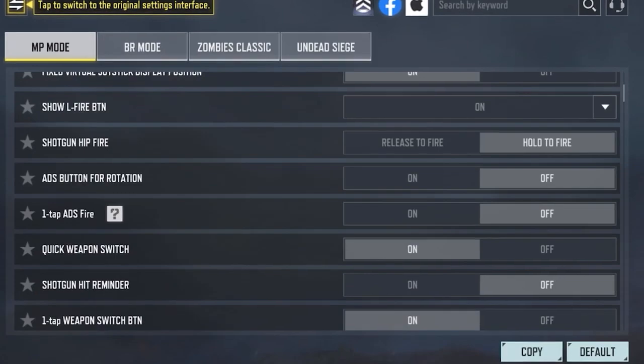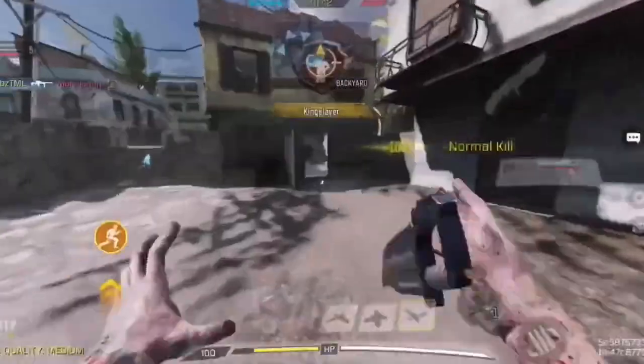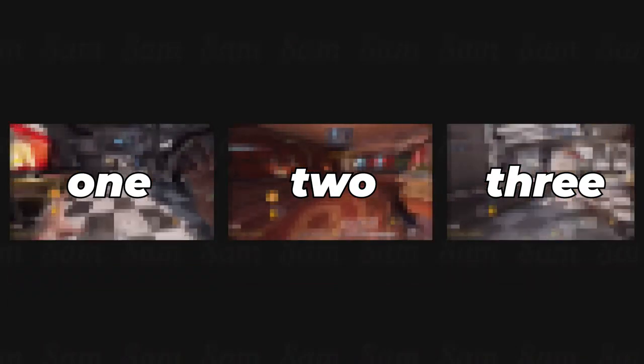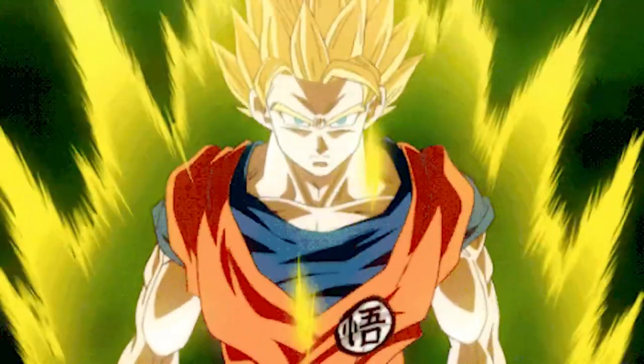But now that you're using the proper settings, it's time to talk about 3 powerful things that pro players do to never miss their quickscopes, and if you manage to master these 3 things, then you'll become a god in quickscoping. And the first thing you have to master is your crosshair placement because this is the most important thing